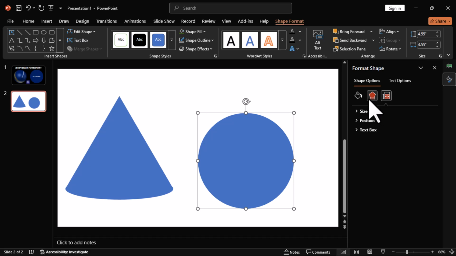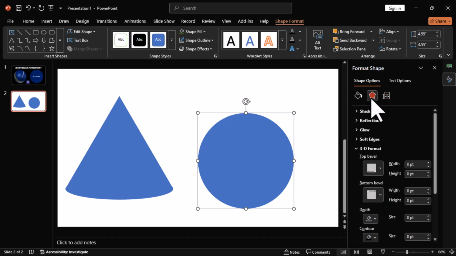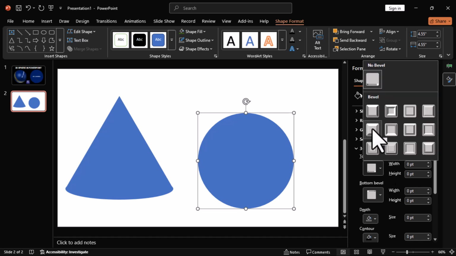This is the second option, effect, and when you do so, we have this particular option that says top bevel under 3D format. I'm going to click on this arrow. The second bevel below this first bevel is angle. I'm going to choose angle, then move back to